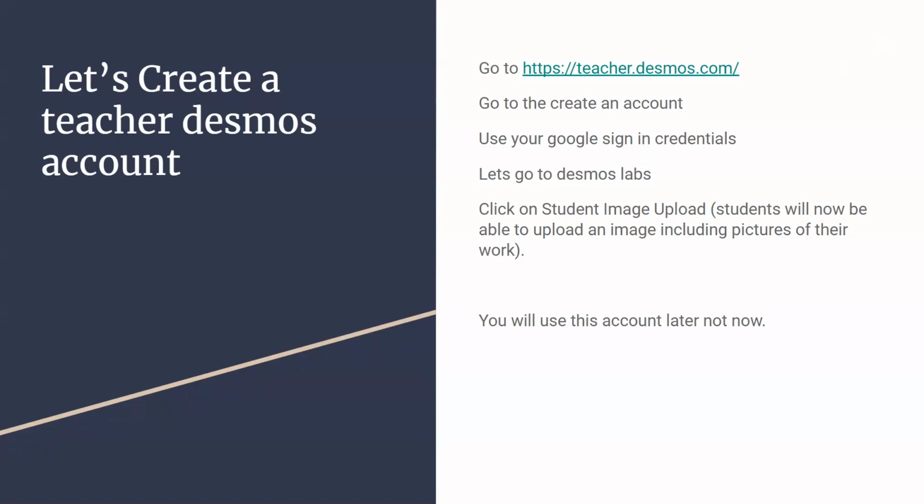So I usually have two accounts. I have a teacher account and I have a student account. Sometimes you need the student account in case you're trying to see it through their eyes. But the teacher account is basically where you get to create and also get to copy, assign work and everything else. So if you can go ahead and go to your teacher Desmos account,